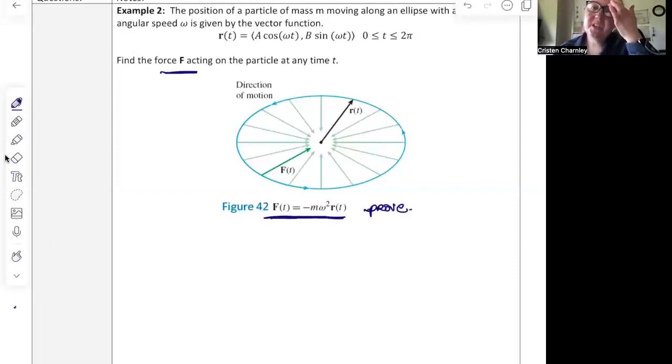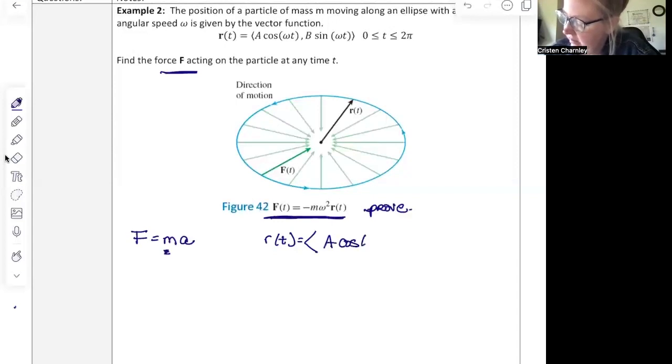Now, a piece of information is missing here, and if you're not familiar with physics, you're going to have an issue with it. But that is Newton's second law of motion, I think. Force equals mass times acceleration. So in order to figure out what that force is equal to, m is going to be mass, we need acceleration. Acceleration comes from velocity, velocity comes from position. So if we have r of t is equal to a cosine and b sine,